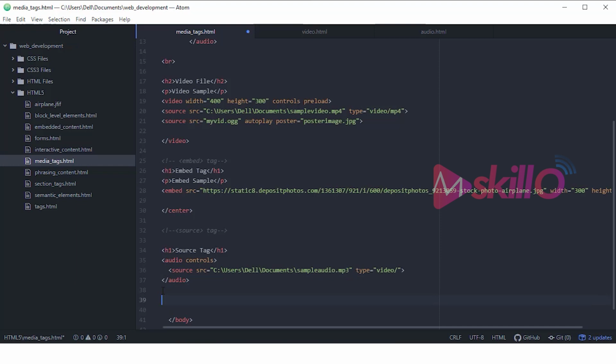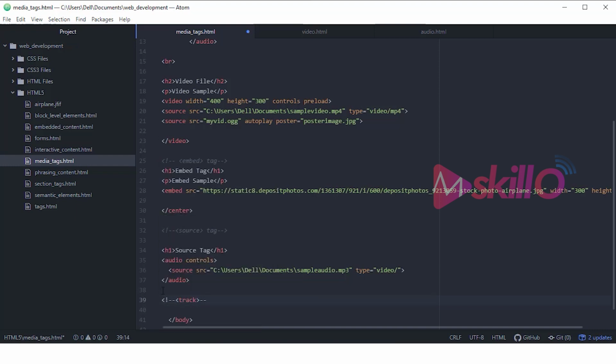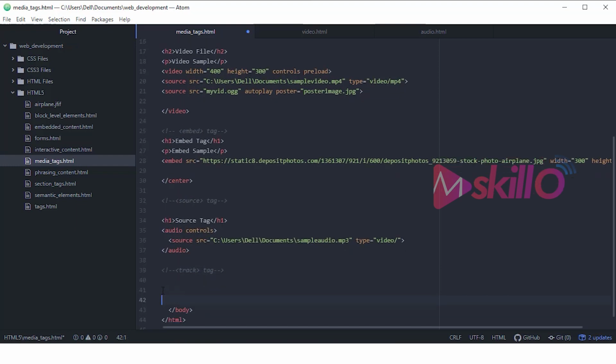So the last thing that we are going to study is the track tag. The track tag or track attribute is basically used to specify subtitles, caption files, or different files containing text that ought to be visible once the media is playing. Thus it's a simple element for the audio and video elements. So how do you get